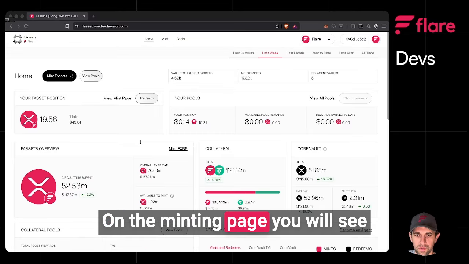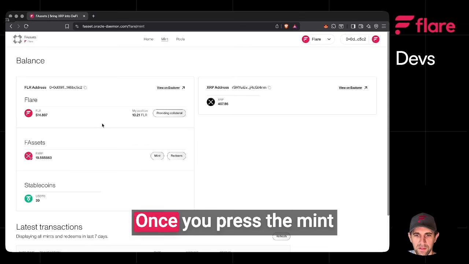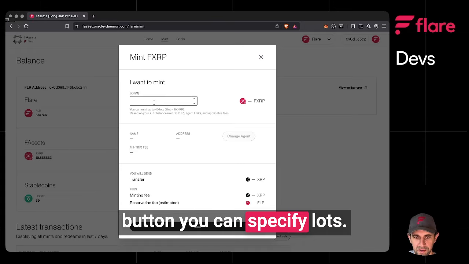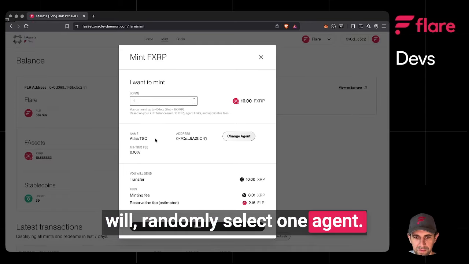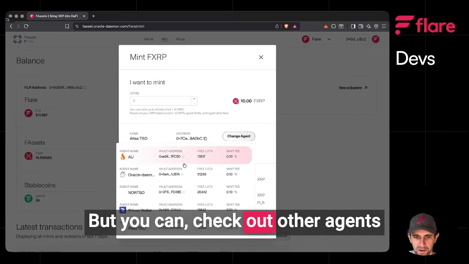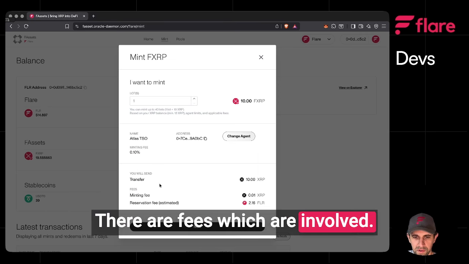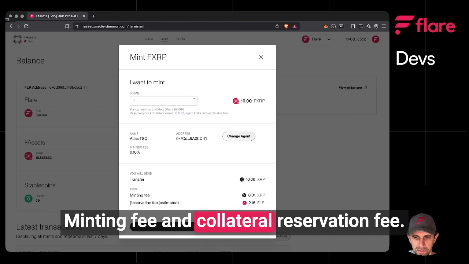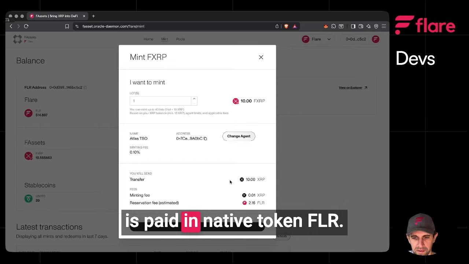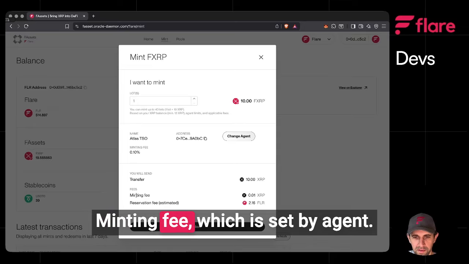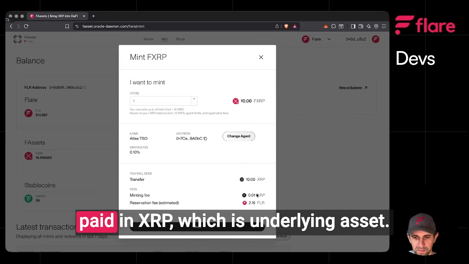On the minting page, you will see the connected wallets, FLR and XRP. Once you press the mint button, you can specify lots, let's say one. Then the system will randomly select one agent, but you can check out other agents and select by free lots and minting fee. There are fees involved: the minting fee and the collateral reservation fee. The collateral reservation fee is paid in the native token, FLR. The minting fee, which is set by the agent, as you can see from the list here, is paid in XRP,